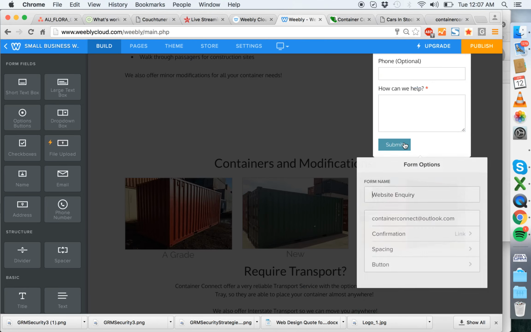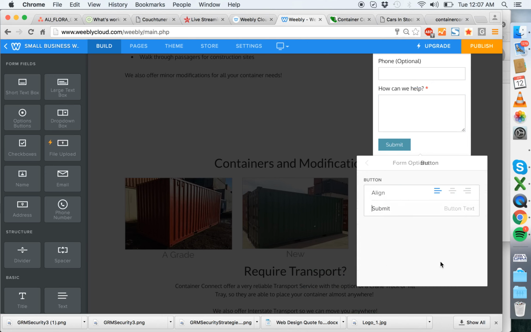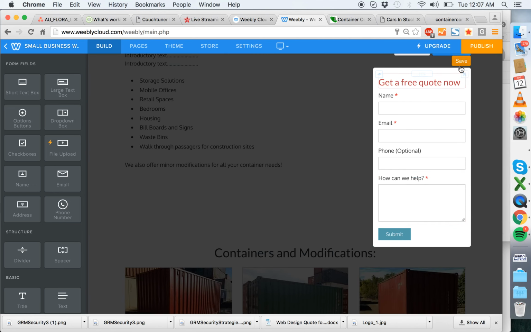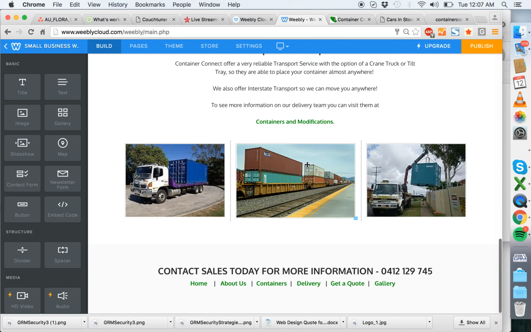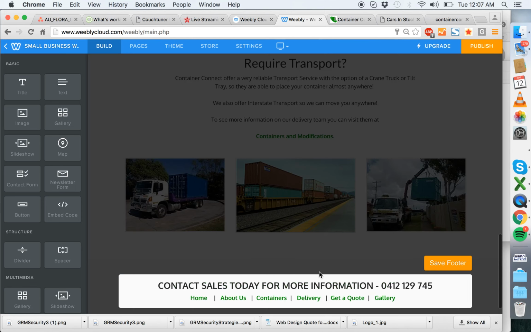And then I'll make this button. It's fine, leave the button. Okay, so that's going fine. It's more the content that really needs fixing up. Yep, and the other thing was just